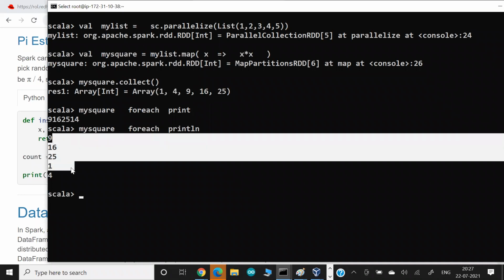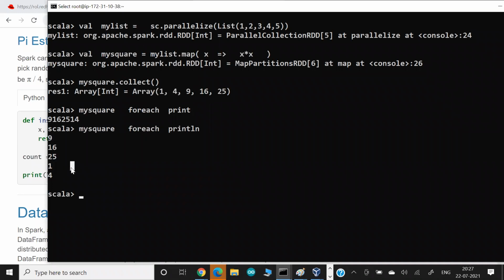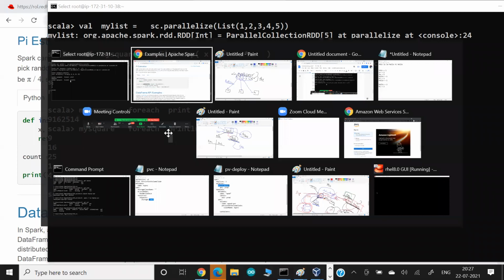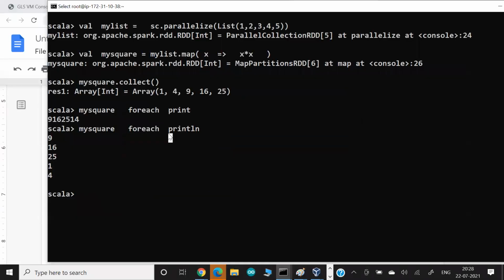Randomly they might print, depending on how internally they perform the operation. Because foreach, guys, in any language, never gives the same format, like a dictionary. If you print, they will print in any order. But for us, it doesn't matter. So this is also one of the ways. This is the function from Spark, and this is the keyword from Scala. You can use either keyword to perform the same thing. This is also one of the good examples I want to show you.